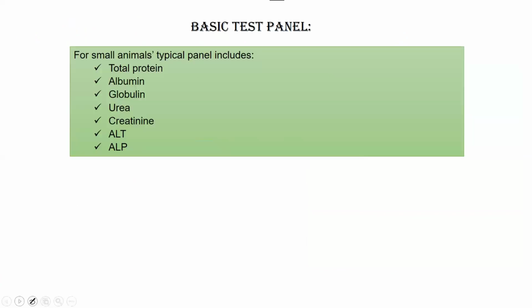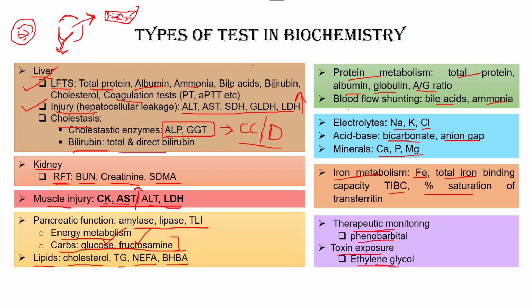So, up till now, you have seen in this slide that there are so many tests. So, if an animal comes to your clinic, how are you going to decide which test should be measured? Because you can't say to the owner, okay, let's go with each and every test, because these are costly and not a single owner is going to agree with that. And even not all are necessary in each and every scenario. So how to decide which tests to be measured and how these panels are being made.